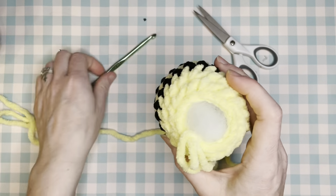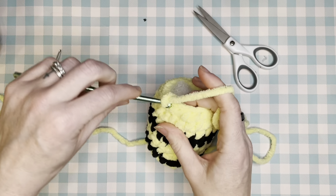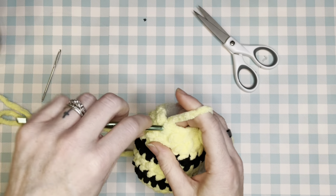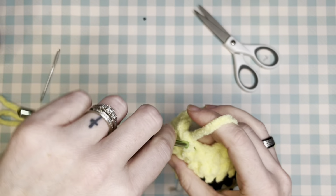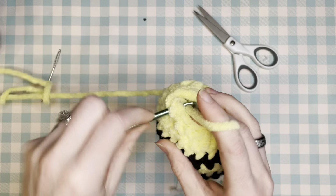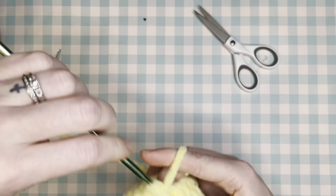Takes a little bit of effort to squish it. Okay, so once you have enough to satisfy you, your last row is going to be all decrease all the way around. So you have 12 stitches all the way around. So we're just going to decrease, decrease, decrease. That's 3, 4, 5, and then